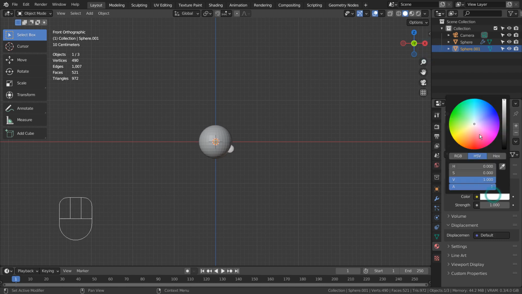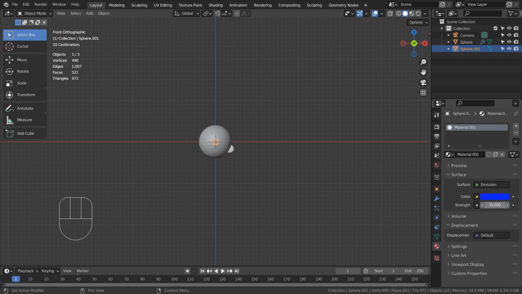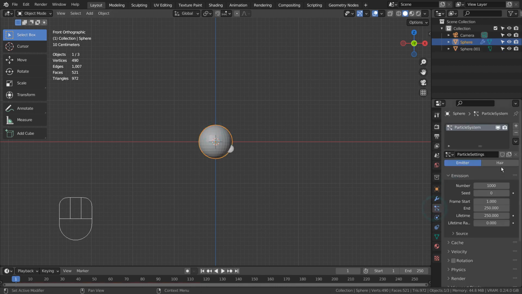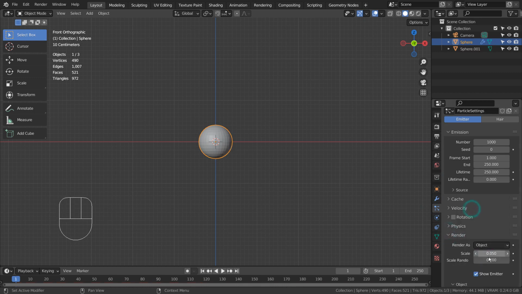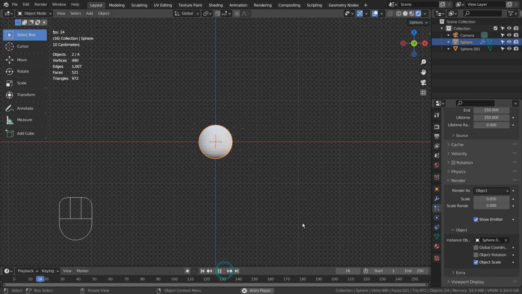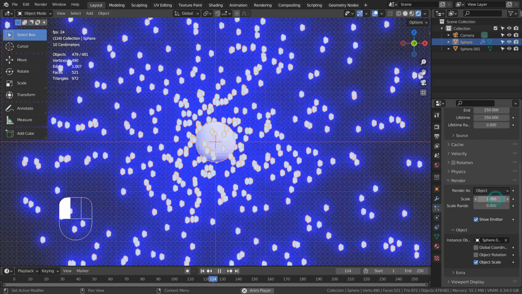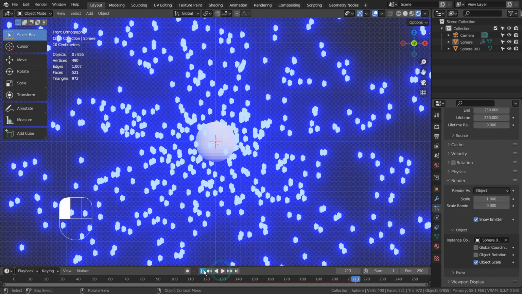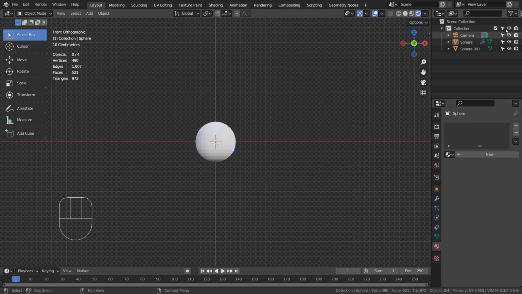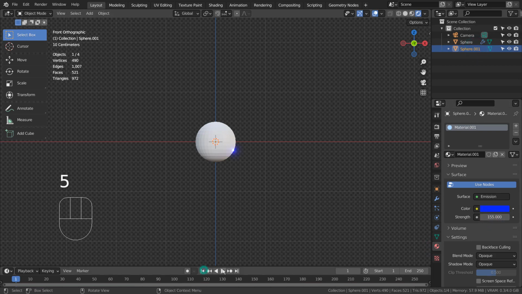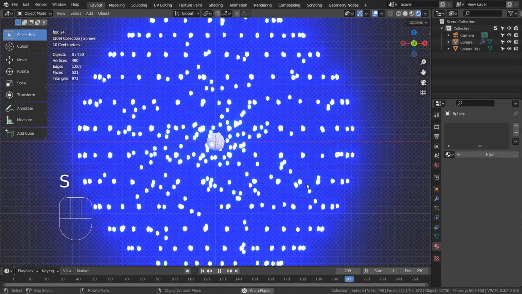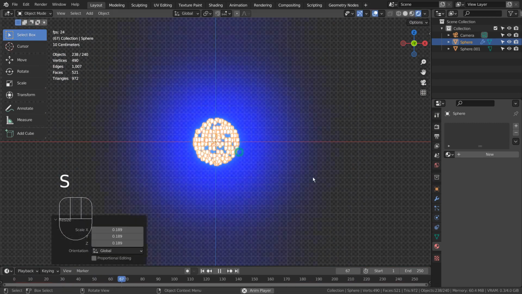Please use Eevee with bloom turned on. I'll apply a black material for the emitter mesh.